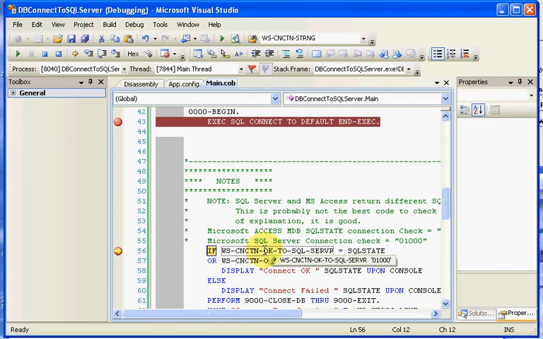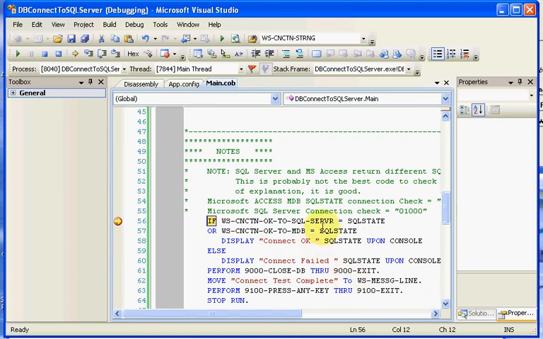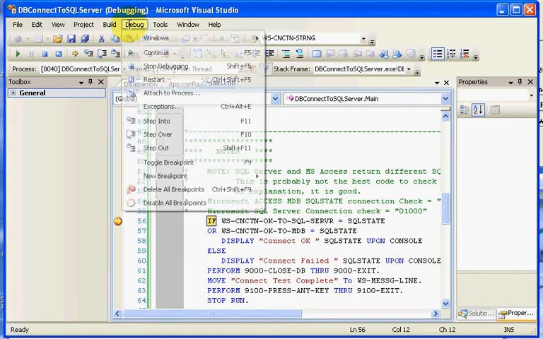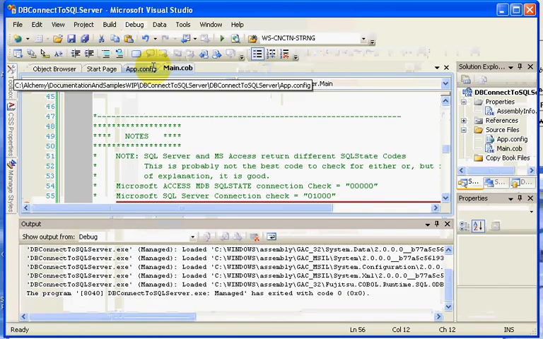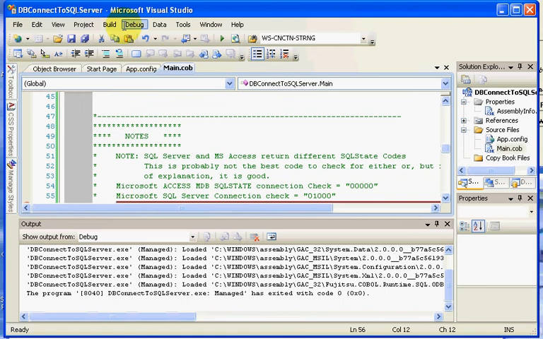And you'll notice that your connection is 01000. Connection OK to SQL Server is 01000. And I check for both. It's probably not the best logic in the world, but it's what I'm doing for this particular demo. SQL state, in this particular case, is S1T00. You might ask, why is that? It did fail. It took a long time to run. The reason is that I still had this open from a prior connection, so this particular connection is not good. So I'm going to go ahead and do my debug, stop debugging,